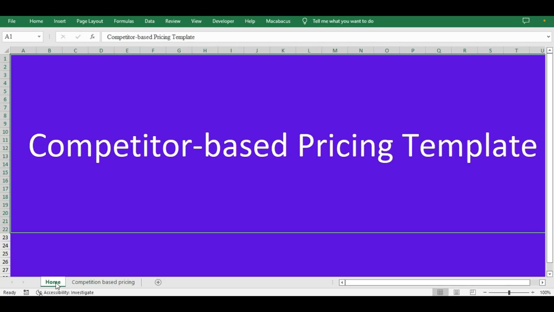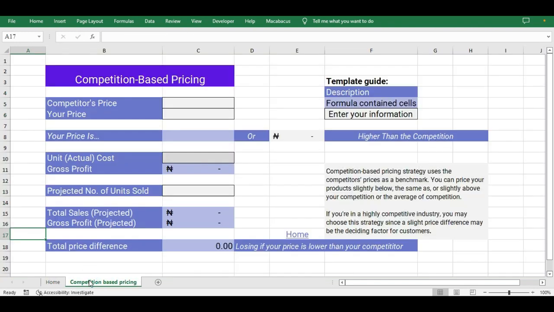So we're on to the competitor-based pricing template, and like I explained earlier, this is a pricing strategy where you base your prices on your competitor's price as a benchmark. And who is your competitor? A competitor is a person that is offering the same product that you're offering or something similar, so something that can be used instead of your own product. That is your competitor. And you can price your own product slightly below, the same as, or higher than your